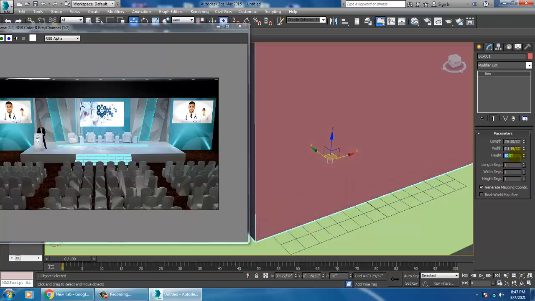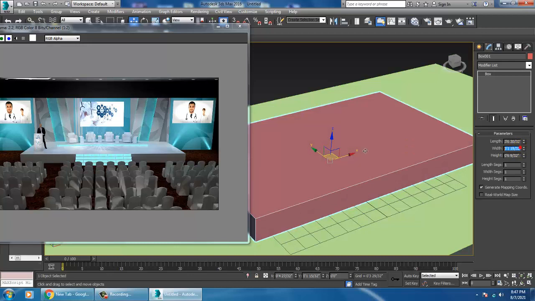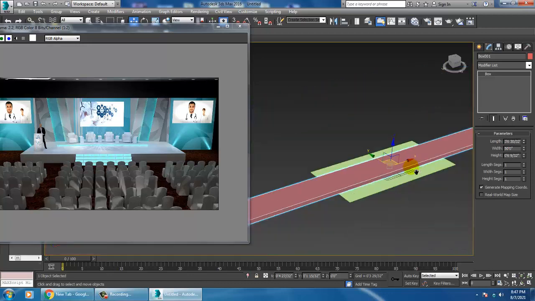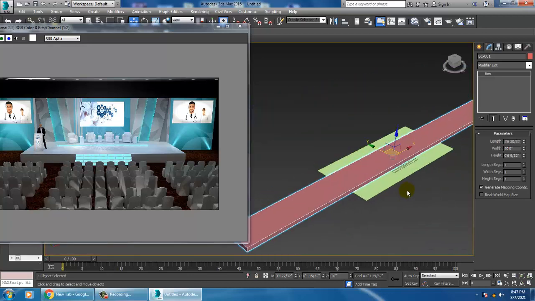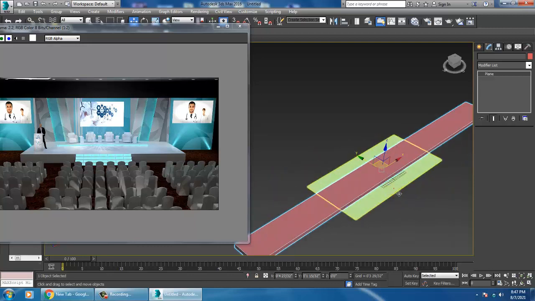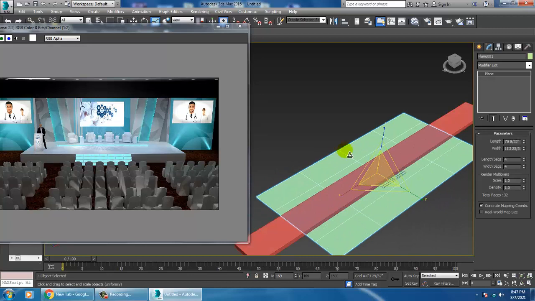Width, 45 feet is okay. If you are going with the dimensions, then you can set it up accordingly.